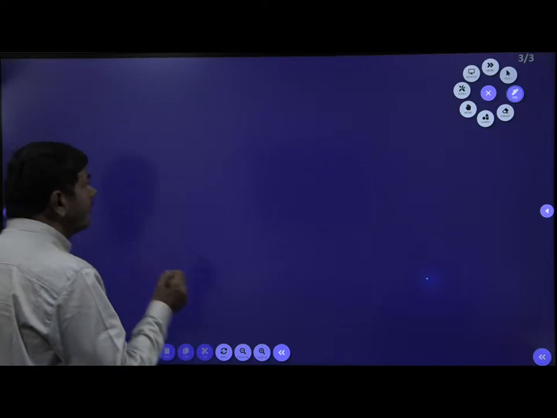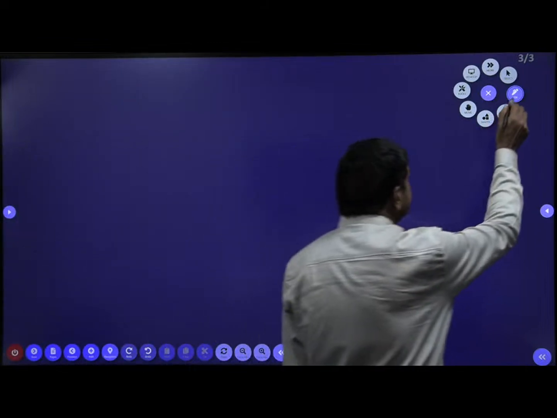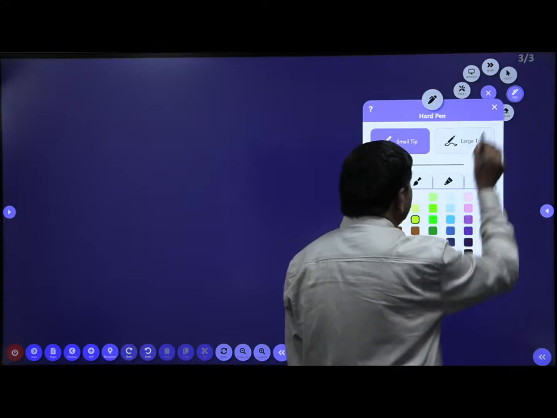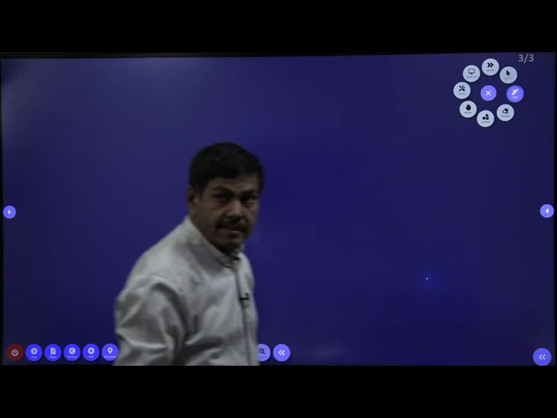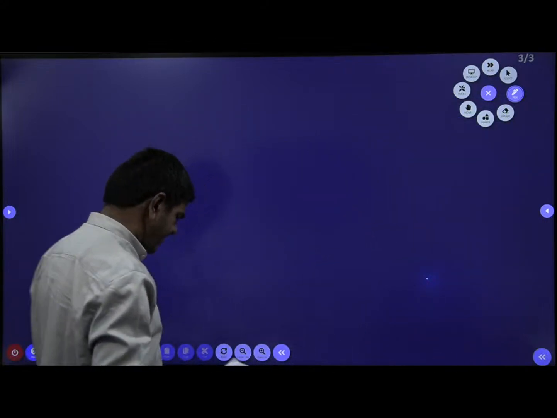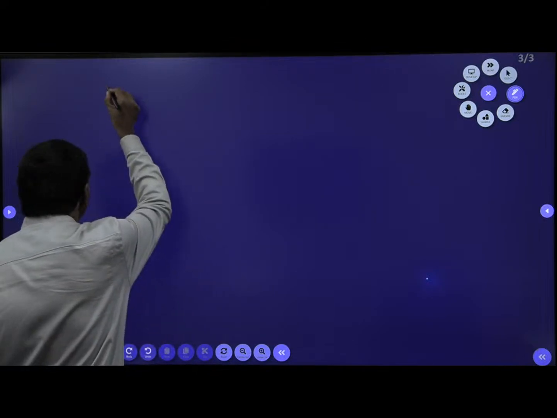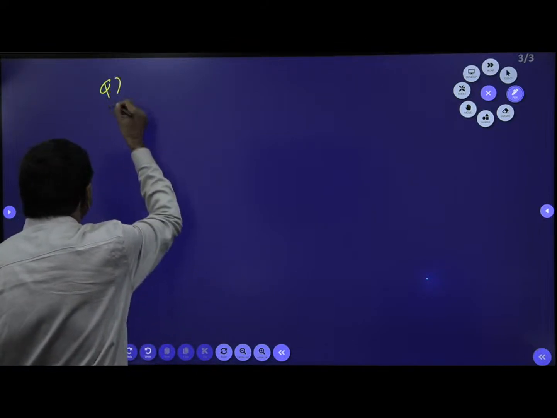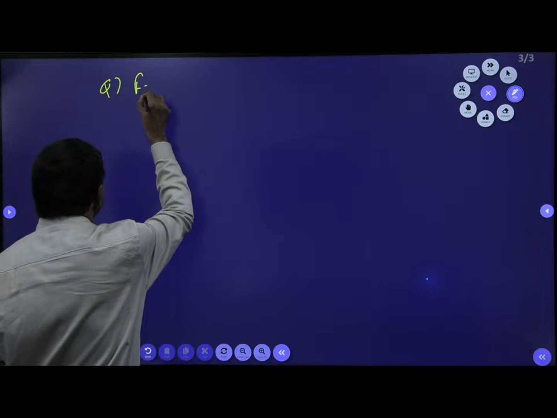The next problem I want to give in your hand now. The next problem is given like this. For the given circuit, the problem is given here now. For the given circuit,